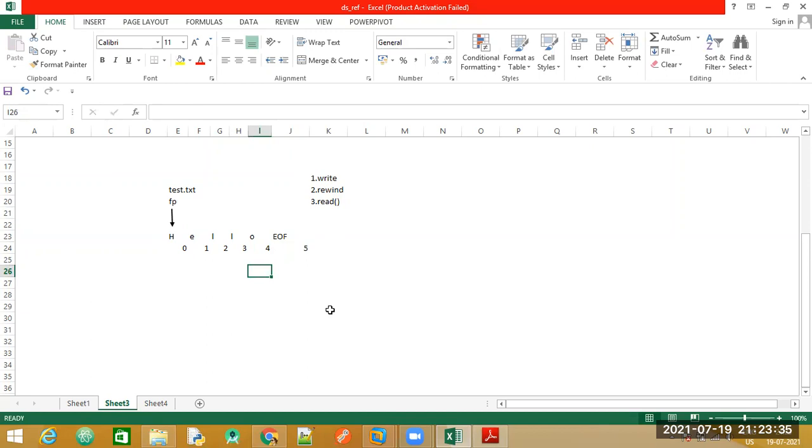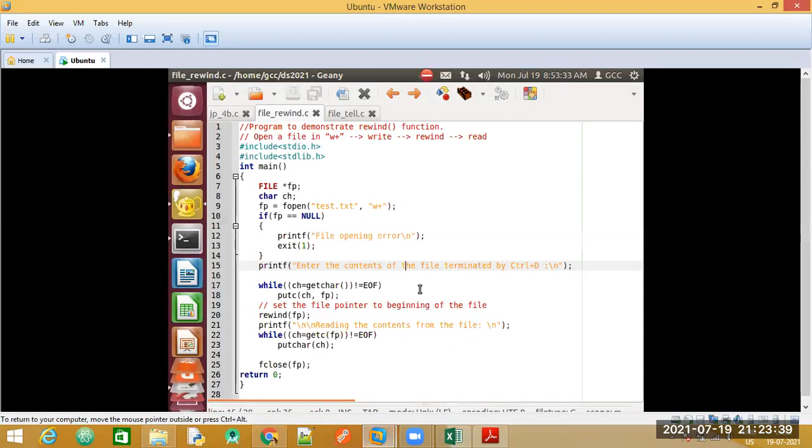Let's have a look at the program for this. We need to declare a file pointer and another variable ch where we store the characters entered by the user from the keyboard. We open the file test.txt in the w+ mode.